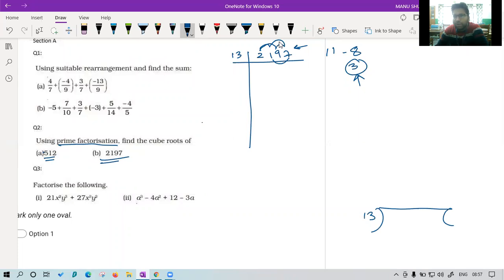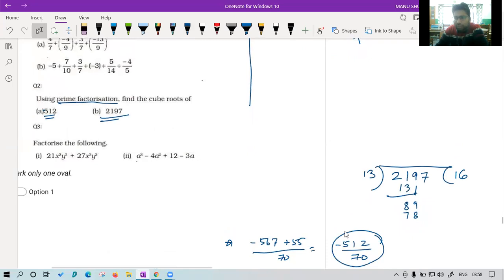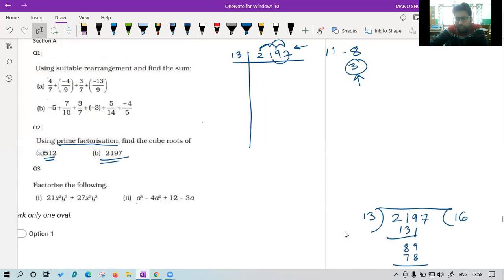If you are not able to divide in this way, you can divide like this also for your help. 13 ones are 13. The remaining is 11 minus 3, 8. 9 will come, 89. Now class, 13 into how much is close to 89? Please tell. 13 into how much? 13 5s are 65. 13 6s are 78. Very good. 13 6s are 78. And we will get, I think, 9 minus 8 is 1, 8 minus 7 is 1, and the final thing is 7.